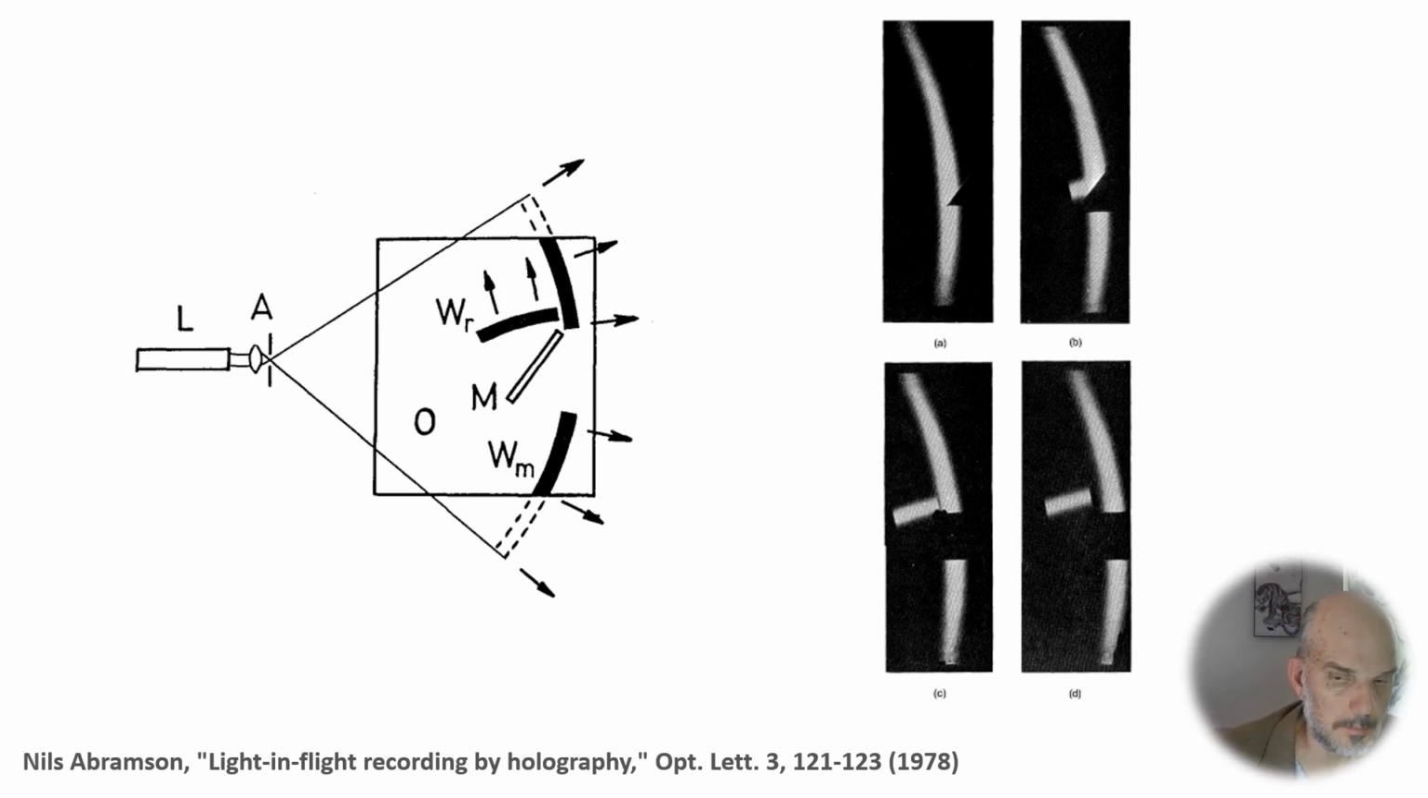These are figures from a paper that Neil Abramson submitted in 1978 showing light in flight. So the system consisted of laser illumination where a pulsed spherical wave is incident on a mirror, which is here. And so as the pulse hits the mirror, some of the pulse proceeds and a chunk of the pulse is